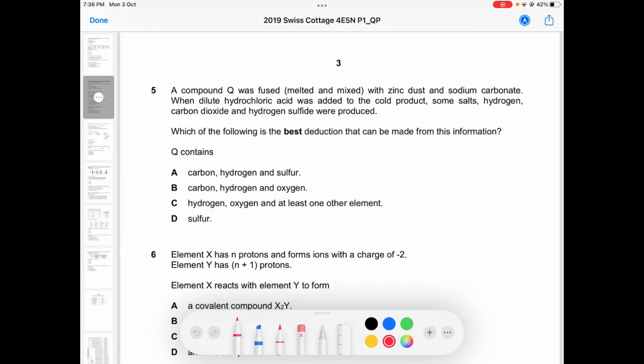Okay, I'm going through Switch Cottage paper 1, 2019. First question is question 5. Okay, so the question is asking which one is the best deduction, meaning you can confirm from what is being